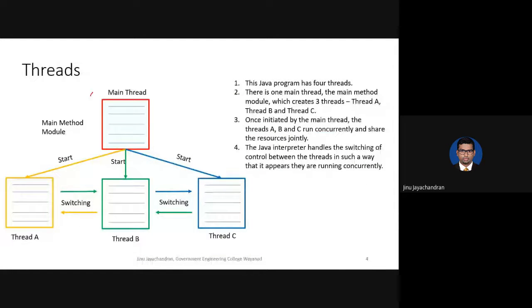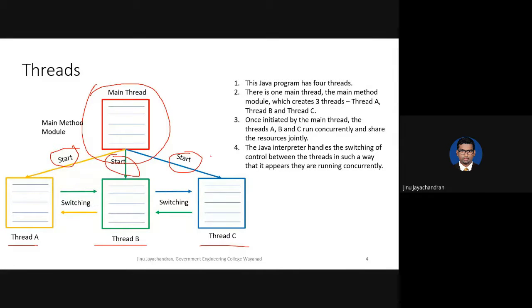There is always something called the main thread. For example, your main function will be in a thread called the main thread. From the main thread, you can start multiple threads, thread A, thread B, and thread C. This is called spawning.